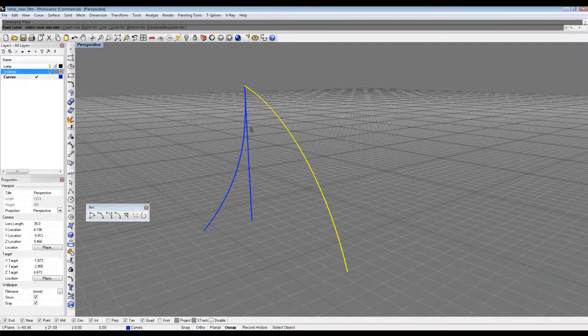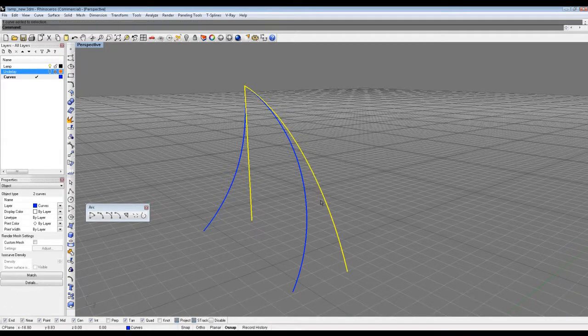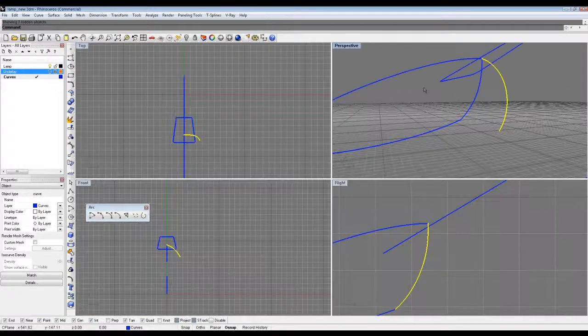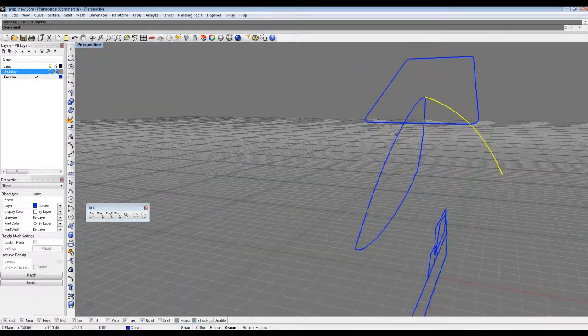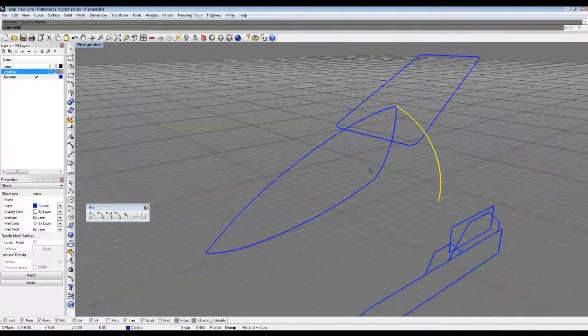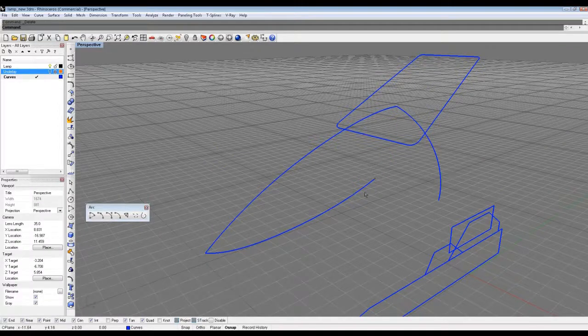Base curve, and make sure stretch is turned to yes. Now you can see that curve is now matching up perfectly. So we're almost halfway done with the lampshade, which is great. So we can get rid of this curve now because we don't need it, but we still need to make